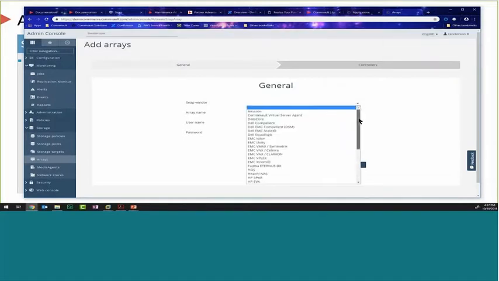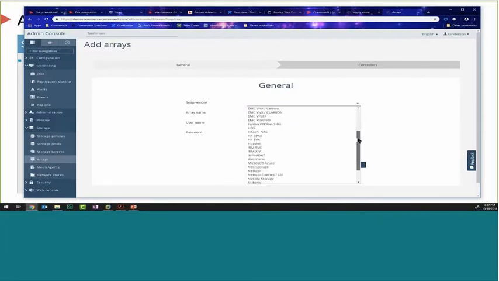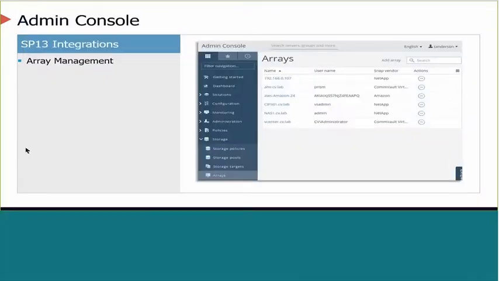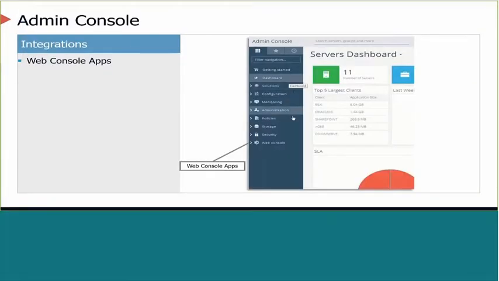Now here in Service Pack 13, look at that. Pretty much all of the hardware platforms and snap engines that we have access to are all available through the admin console. So one more step into making it possible to do everything you need right from one